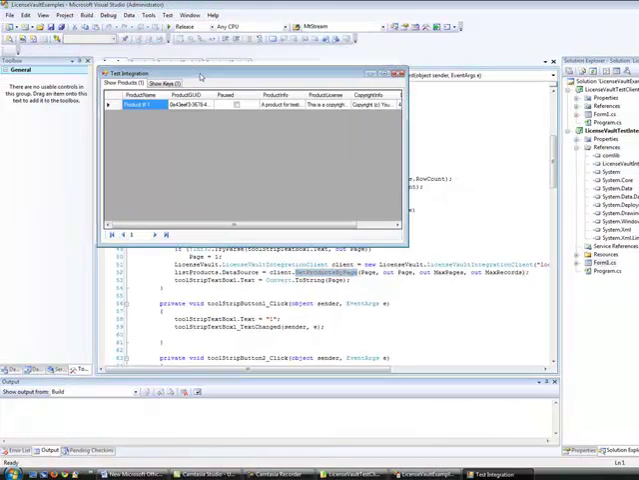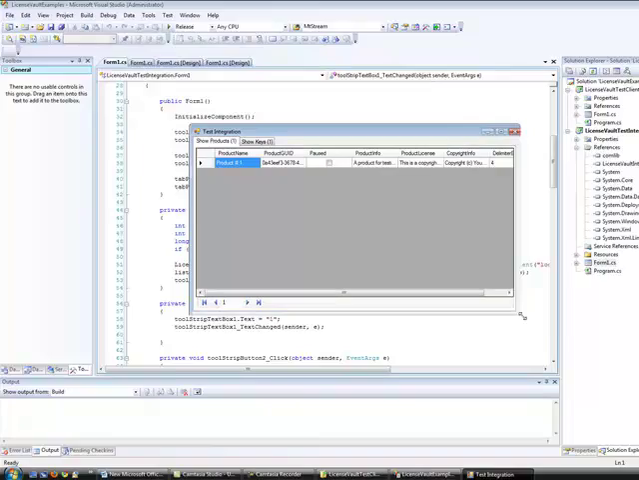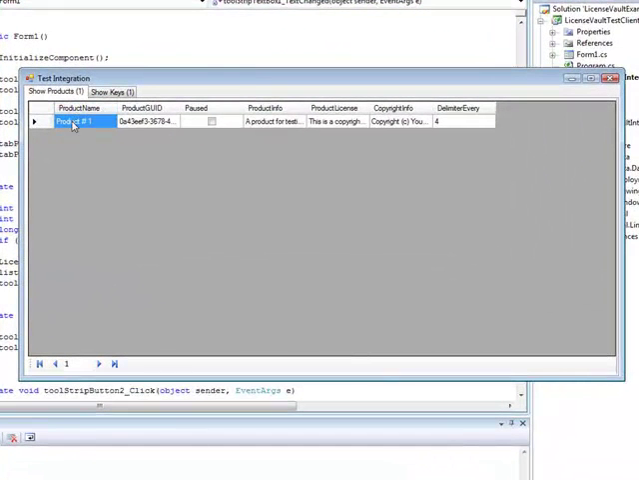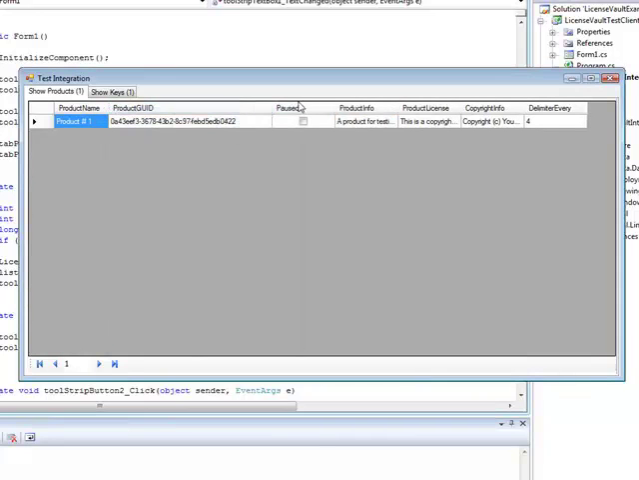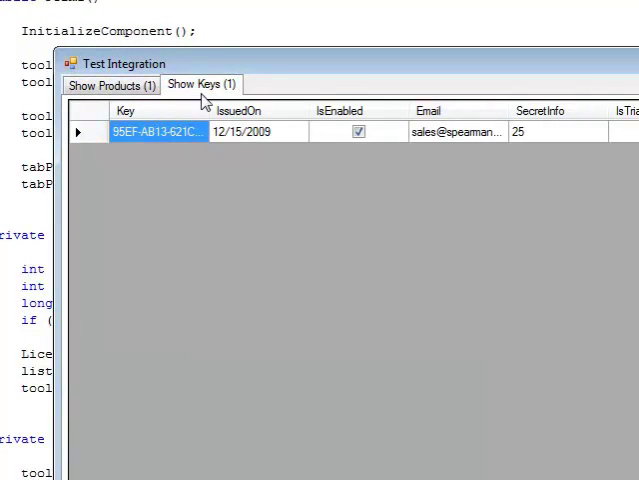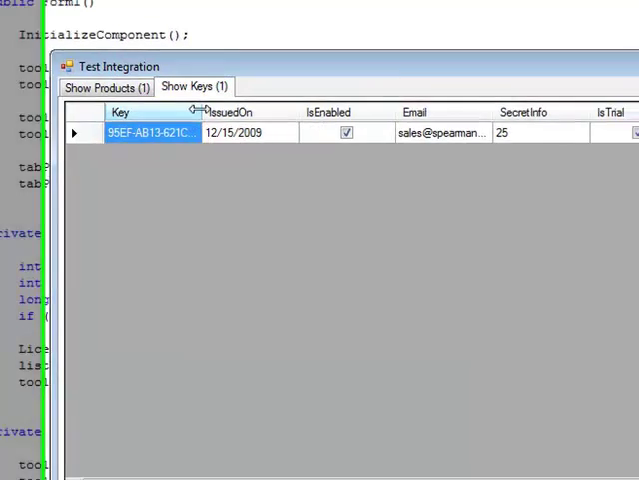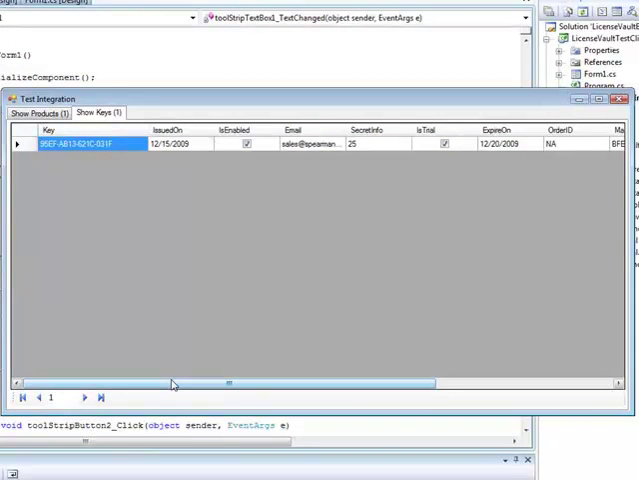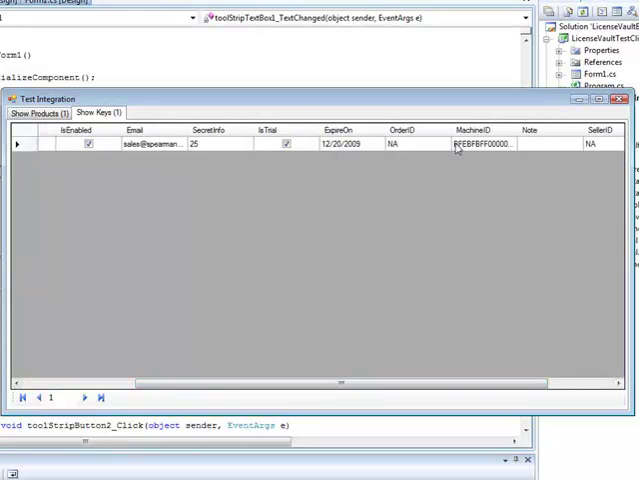Alright, we're running our test client, and as you can see, we're pulling out the one product, and the info of the GUID and a copyright and other information that was stored in the product. So you can use the integration client to grab your products. The second tab shows the one key that exists in the system. You can use the integration client as well to grab the keys and the information that's been set for that key,